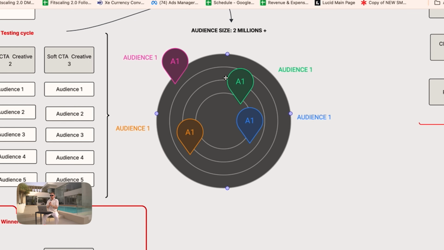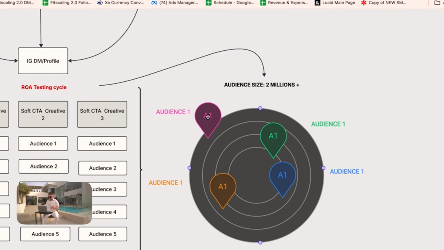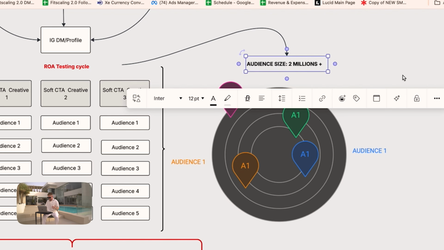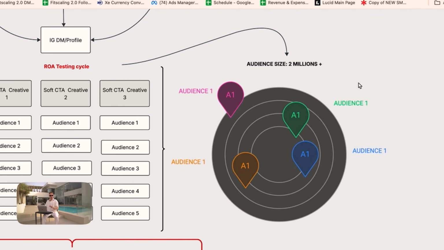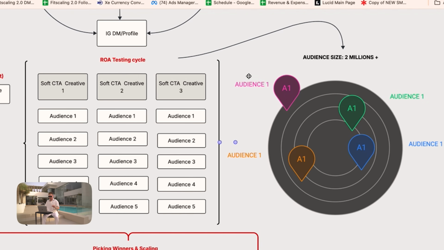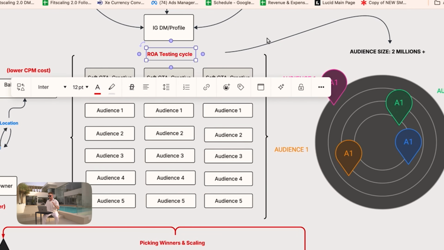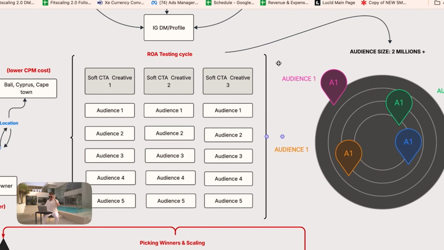It's because, let's say you're spending $100 a day on ads, okay, which is not too high, but if you're just starting out, you can even rock it with $5 per day. I've shown ads before with $5 a day, okay? So what you gotta understand is that even if you launch an ad, let's say you're targeting 100,000 people, right? The audience size is 100,000 people. Like, from the 2 million, it's going to be only a little portion of those people, okay? So even if you shoot the exact same type of everything, you still need a little bit of testing, which is why we created this ROA testing cycle.